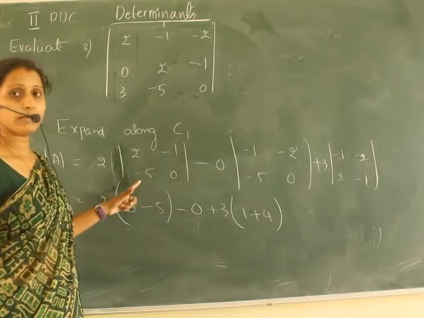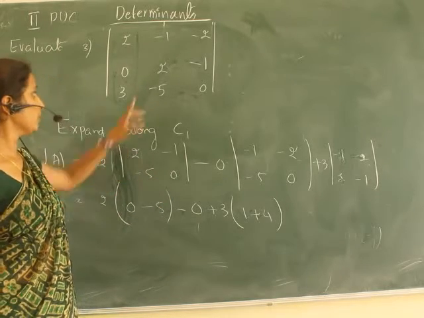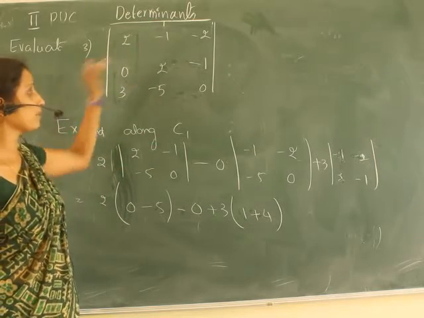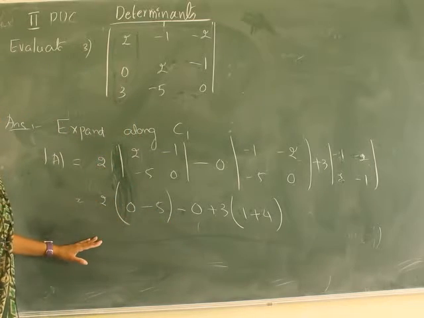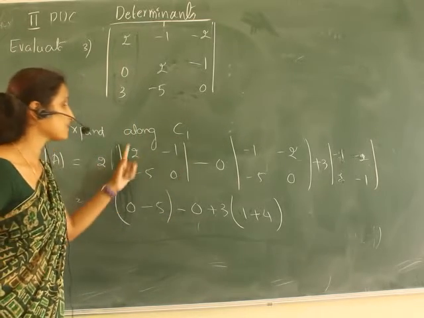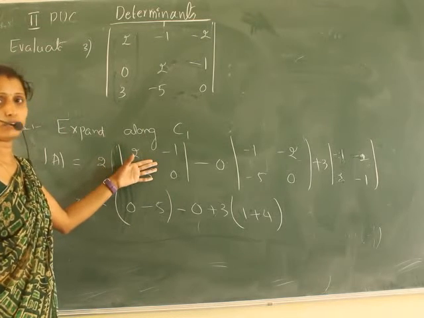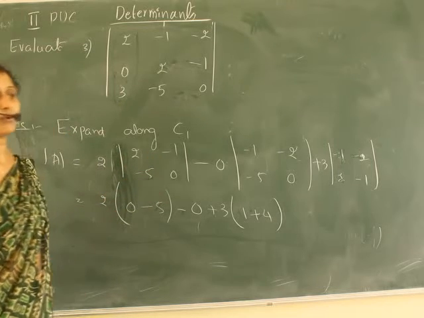You have to skip writing this second determinant also. Directly you have to write 2 into 2 minus, that you should know by looking at the matrix itself. First you skip many calculation steps. After that try to skip these steps also. Directly you have to write. It's better if you write, no confusions in that, but within 2 steps we have to evaluate